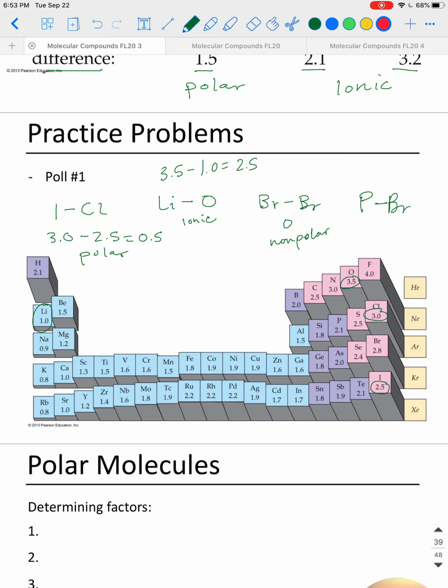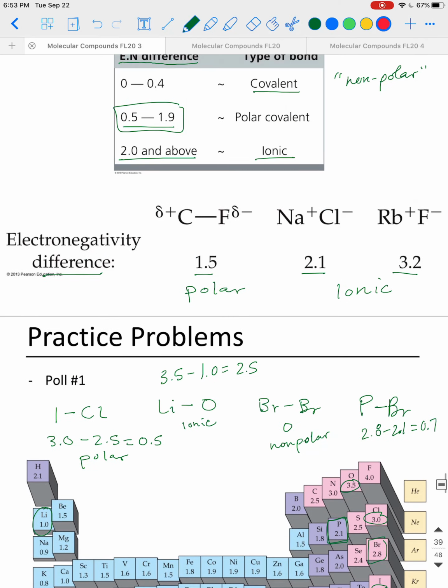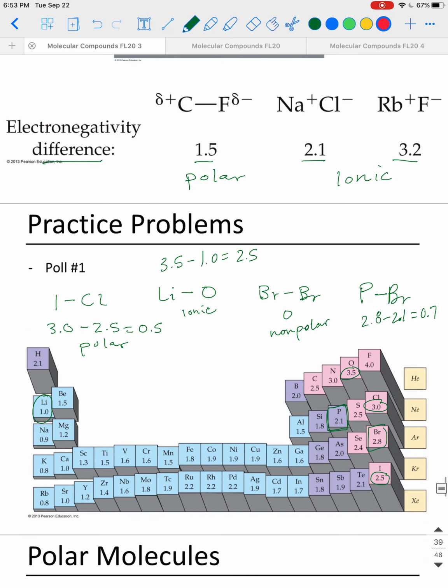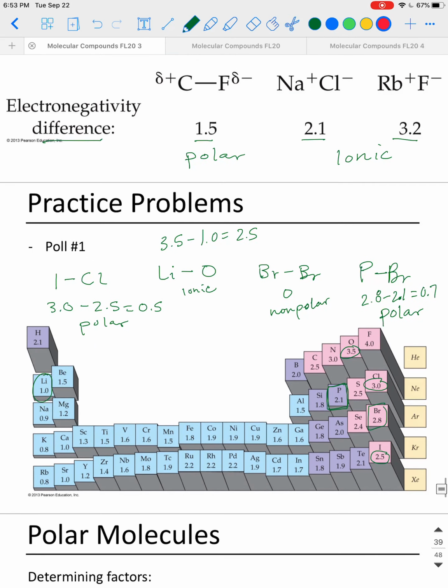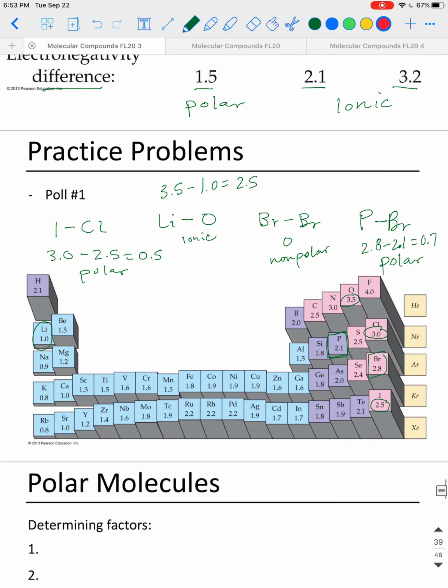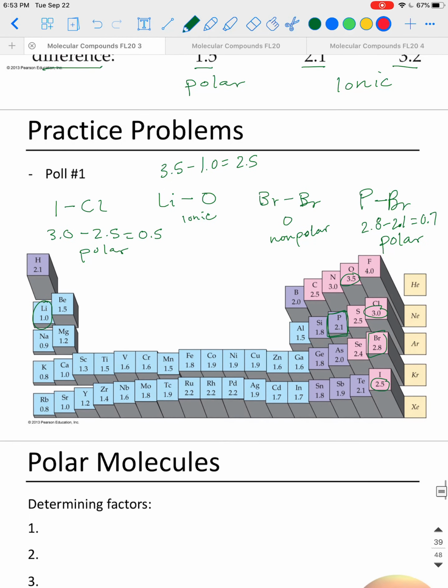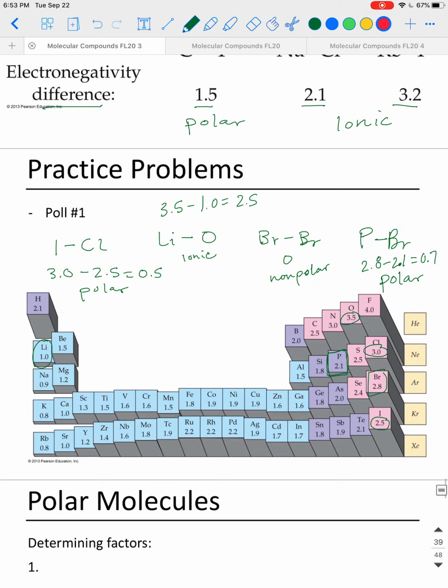Okay, phosphorus and bromine. Phosphorus is right here, 2.1, and bromine is 2.8. So we'll do 2.8 minus 2.1, calculate the difference, 0.7, and that falls in our polar range between 0.5 and 1.9. So this is polar. All right, so that's just some examples for how to calculate electronegativity difference and whether something is polar or not. So this concludes our talk on polar bonds, and we'll pick up with polar